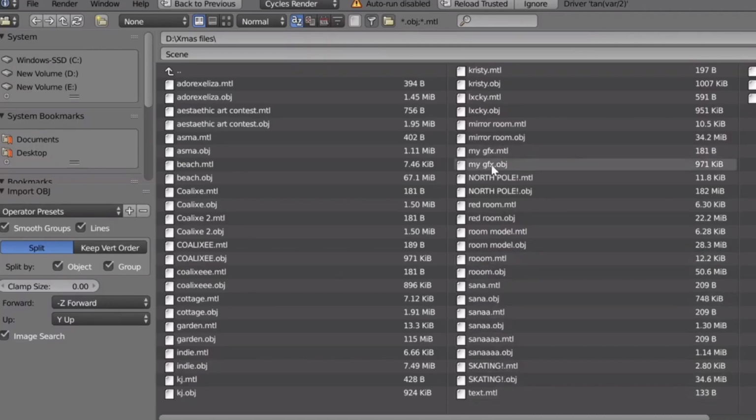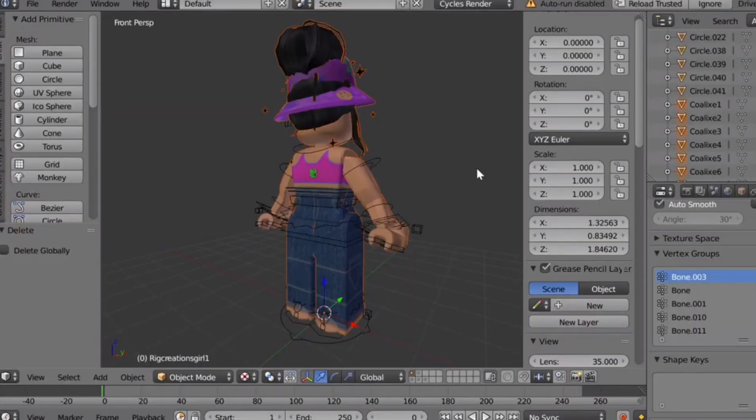Okay, I found it. So as you can see, this is the thing that I saved. It's called my GFX. Don't select the MTL because that's not going to work. You're just going to double click on the OBJ one, and then now you have your character loaded in. So now you want to delete the hands, the arms, the torso, and the legs, but you're going to